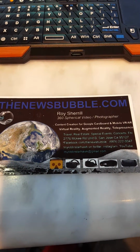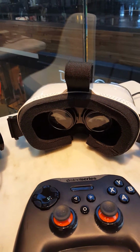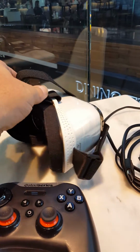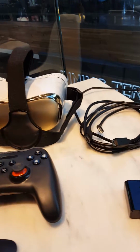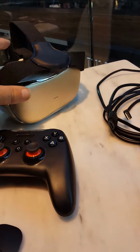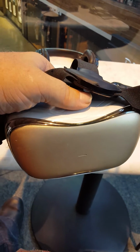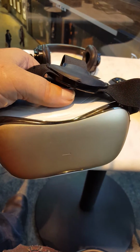I do 360 vertical photography and video, and I'm here to talk to you about this new VR headset, which is the Eagle VR. This is a new headset that I'm going to be importing from China. It's going to retail for about $400. This headset is a Gear VR or Google Cardboard class headset. That is, running the same applications that you run from the